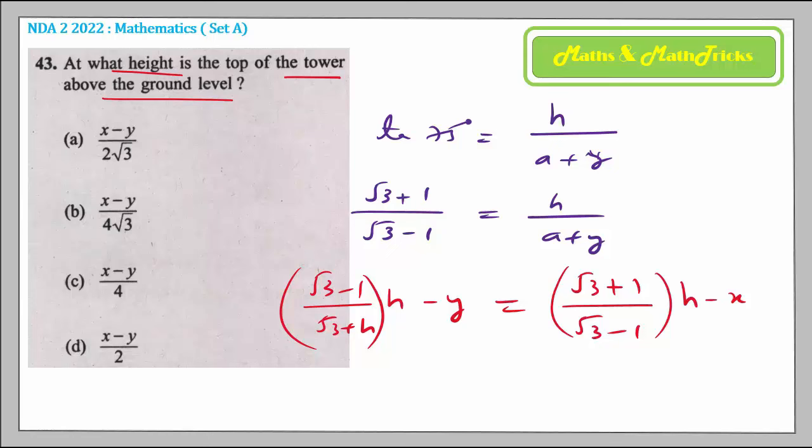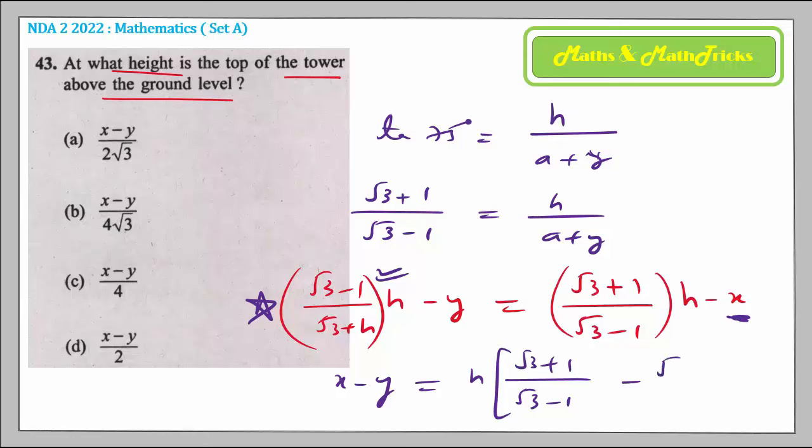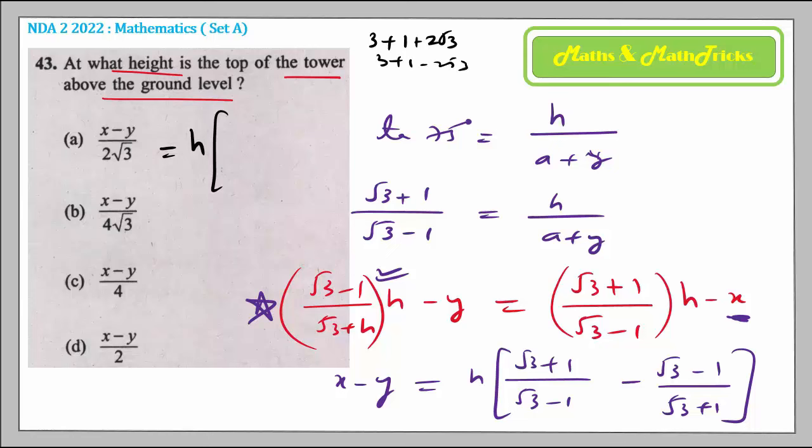So we can combine the terms on one side. So what we can do is bring this x on the LHS and send this h term on the RHS. So it will become x minus y is equals to h common, and you have got root 3 plus 1 upon root 3 minus 1, then minus, because this term I am sending on the right hand side, minus root 3 minus 1 by root 3 plus 1. What do you get by simplifying? You can do this simplification. So in the bracket you have got by cross multiplying, root 3 plus 1 square minus root 3 minus 1 square. So root 3 plus 1 square will be 3 plus 1 plus 2 root 3,